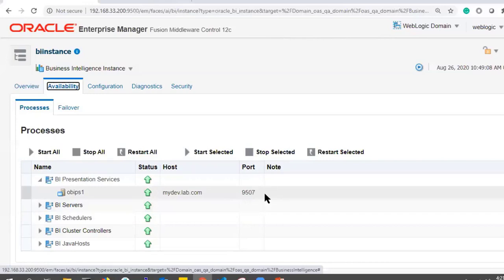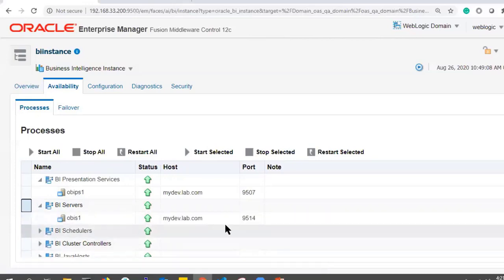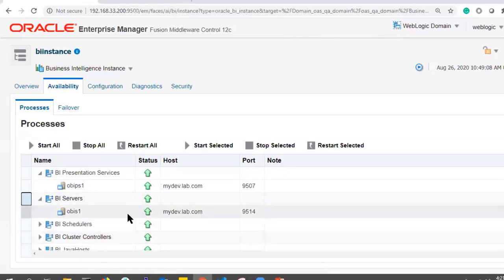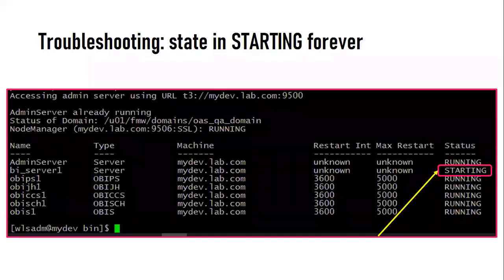And it also shows the port, on which port it is accessible, where it is available. Same way you can also see other services, expand and see what is happening, which port is occupied by that particular service. So this is about troubleshooting the issue when we are starting the servers.